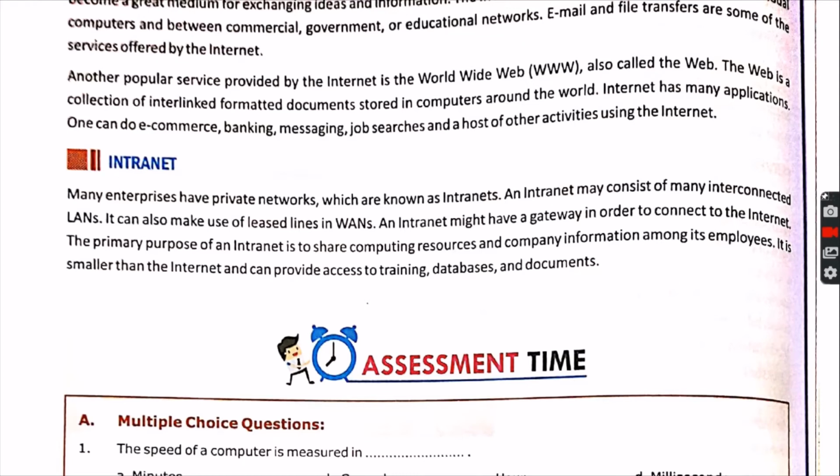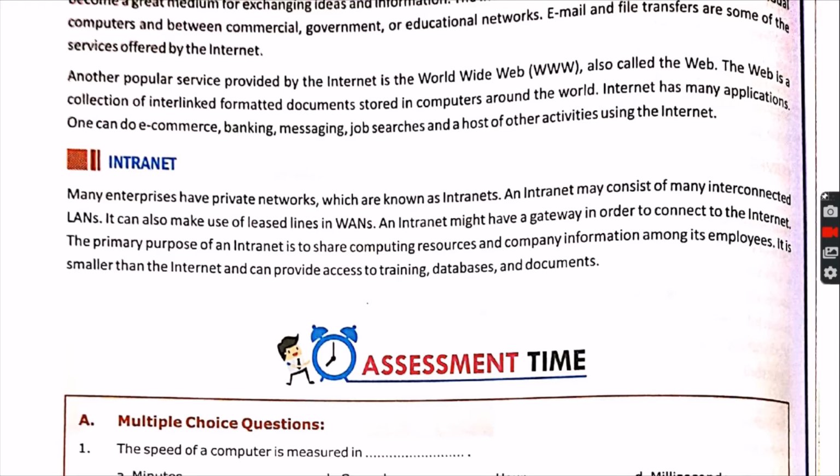In that case, the network that is formed, in which only the employees of the bank are using the computer's resources, is known as intranet. Means a small network where the use of resources is limited with the help of user ID or password is known as intranet.